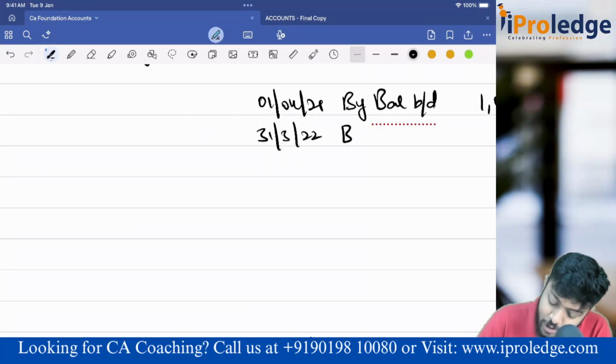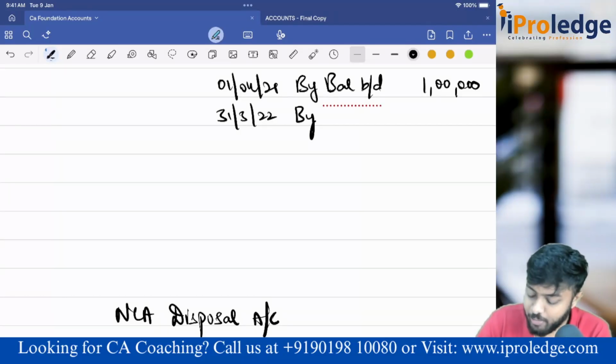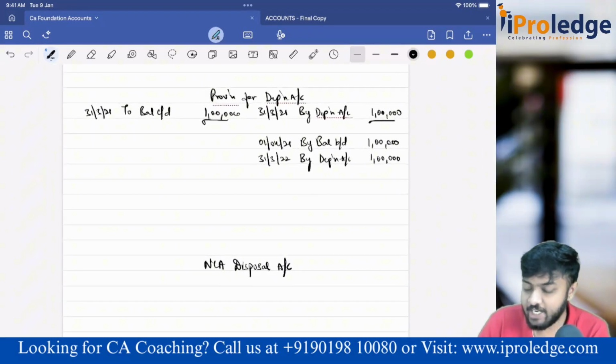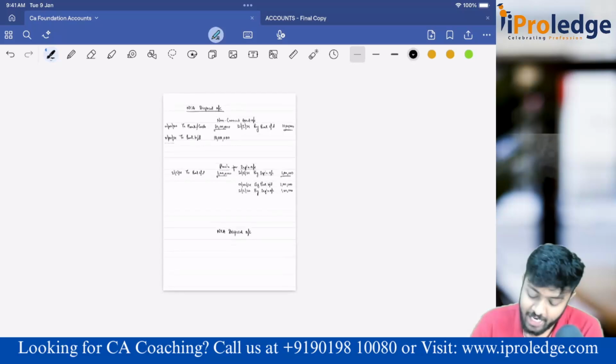31/3/22, by depreciation account 1 lakh. I'm doing this in provision for depreciation account because we give depreciation in that account only. So first thing done. Second, calculate profit or loss. Profit or loss I've calculated. Same thing I get. Profit is